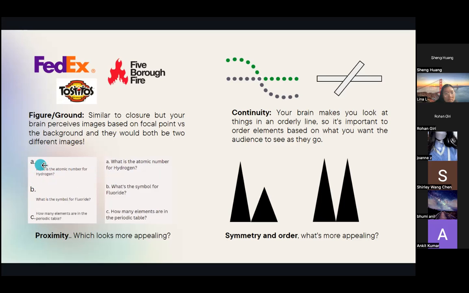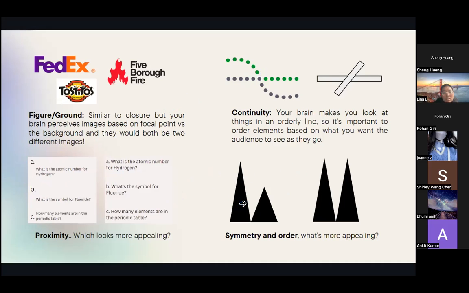Because people might be confused that A is some sort of answer to the question above, while B might be misinterpreted as belonging to this question. I saw an example earlier from a delivery company application, where they organized things so that people were confusing two questions with each other because they misorganized using proximity. So now let's move on to the